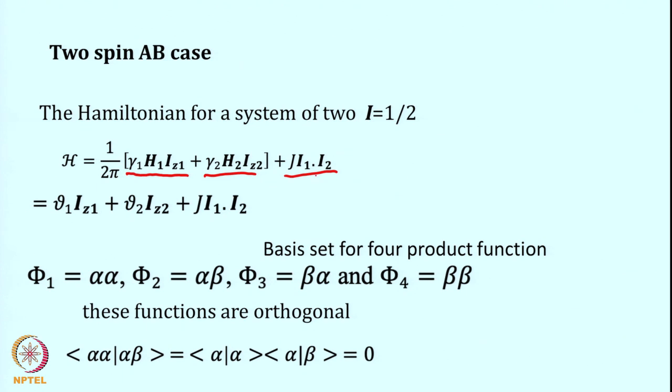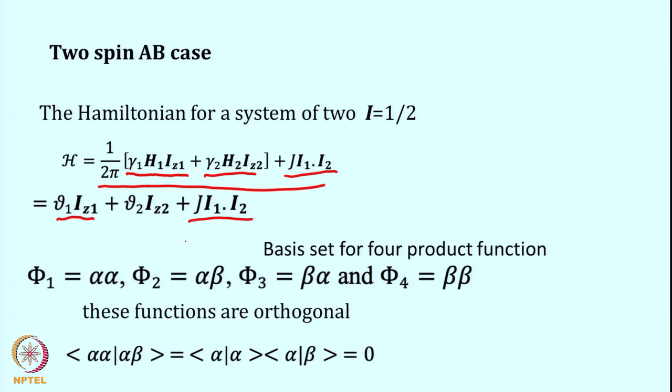So, the total Hamiltonian, if these two spins are coupled through bond, will be given by these terms overall, where the contribution from the first term is this, the second term is this, and then because of the coupling between these two, the term is actually J I1 I2. If you look at the resonance frequency, it will be given by frequency of 1 and frequency of 2, and this is coming because these two spins are coupled through the bond. So, this is the resultant Hamiltonian for a two spin system, both having half spin.